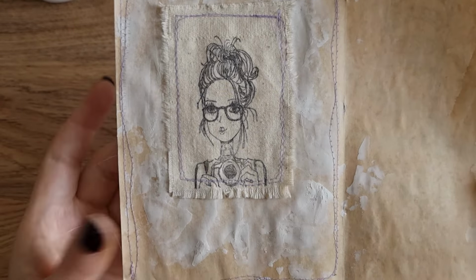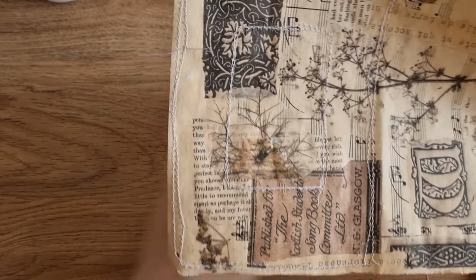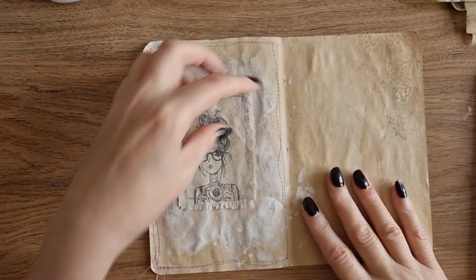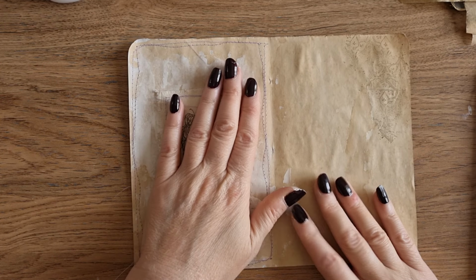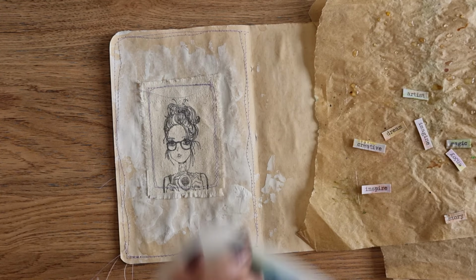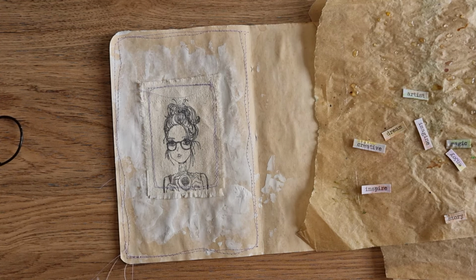Okay guys, so I did 2 messy stitches in purple, but I used a white bobbin so that it had the white thread on the back, because that's how the back page looked, and I thought that would work best. So now I guess we're just going to stick these words on. And yeah, I was just thinking of,